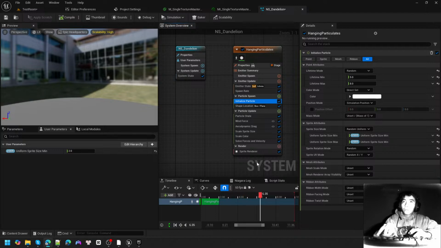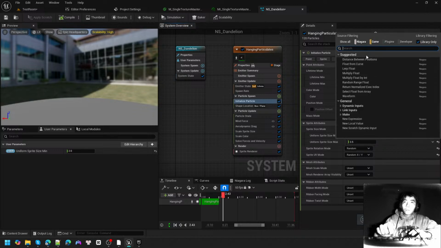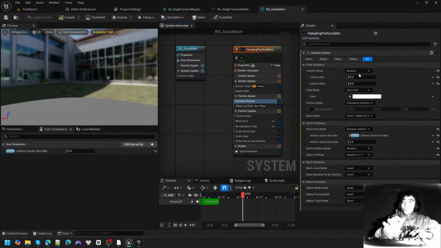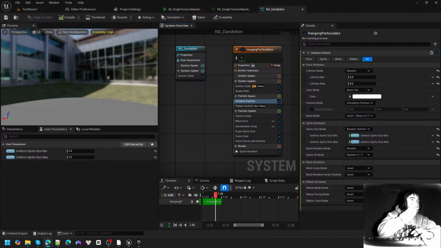Now I have two user parameters. In order to find them inside of our Niagara system, you can go to your left. You can see there are 3 tabs in here, and we have 2 user parameters in here. And the best thing about it is, if we now go back to our level,